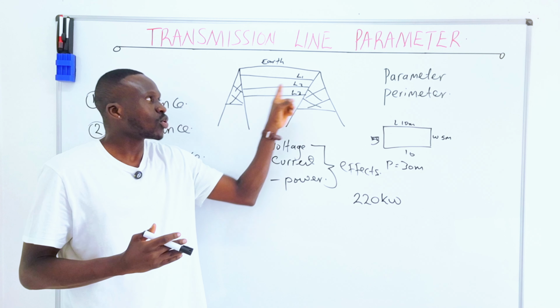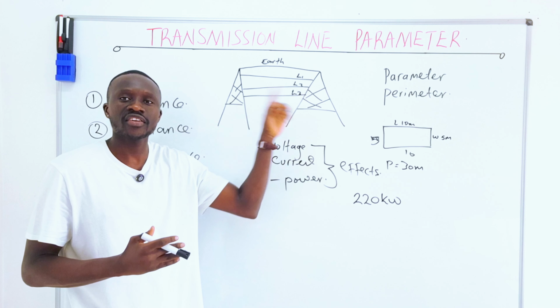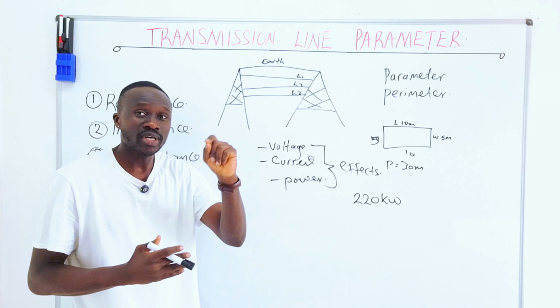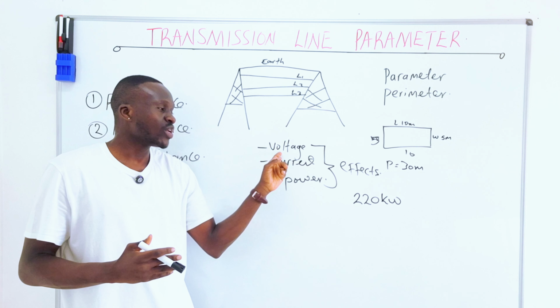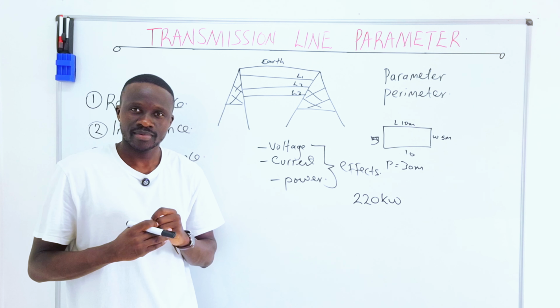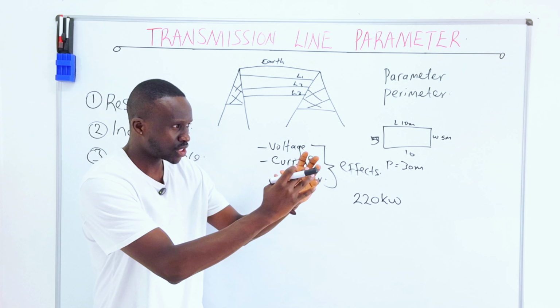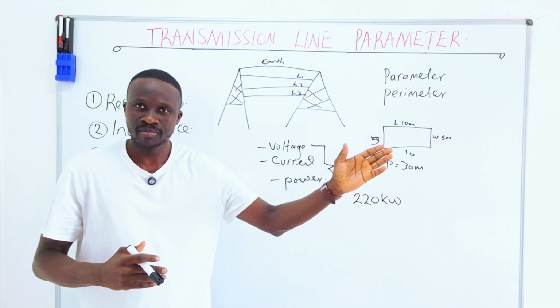Now, these are the conductors, live 1, live 2, live 3, three-phase. If there is no resistance in these conductors, why would we need the voltage? The voltage is something which pushes. If there is no resistance,